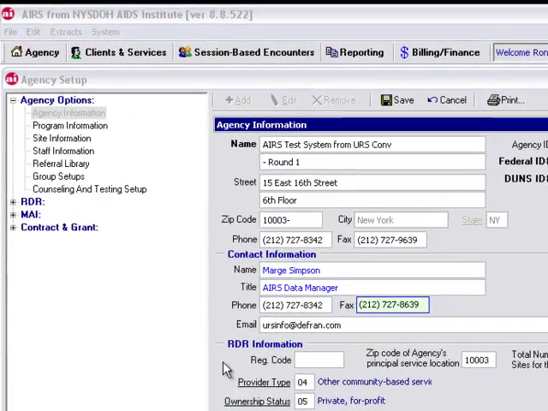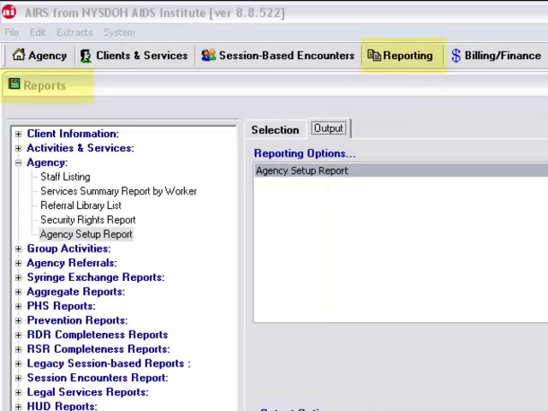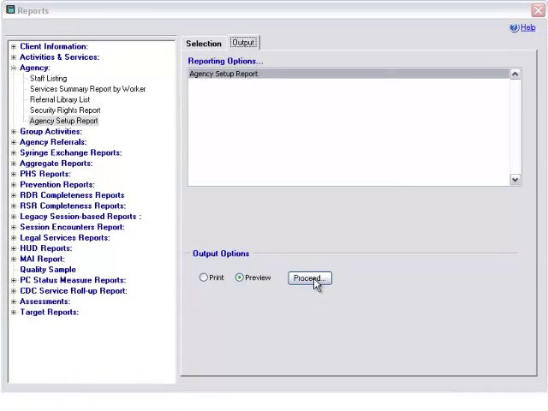Now let's take a look at the corresponding report for agency information. It's called the Agency Setup Report, and we can find this report by navigating to the Reporting module. In the Reports module, the corresponding report to agency information is found here under Agency. You'll see at the bottom we have Agency Setup Report. If we click Proceed,